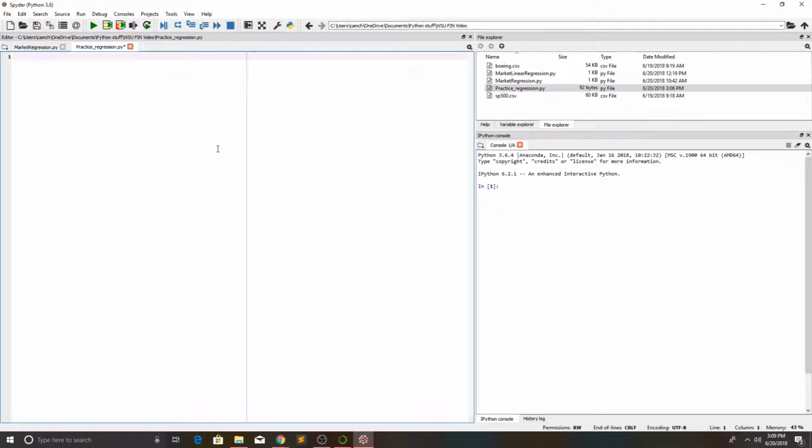Okay, so now that we've gone through all the introduction stuff, let's go ahead and start coding. The first thing that we need to do is import libraries, and libraries is just code that someone else wrote that we're going to use, and it's going to make our lives a lot easier. So first we're going to import NumPy as NP, import pandas as PD, and import, this one's kind of a long one,